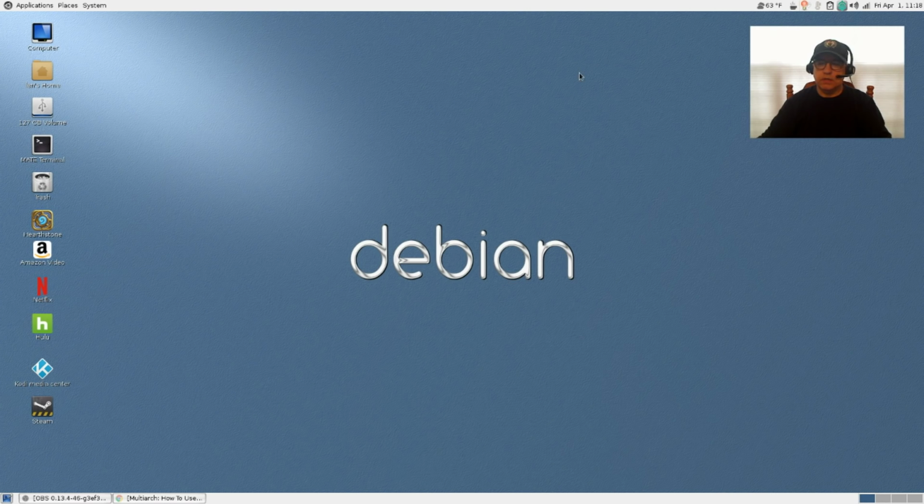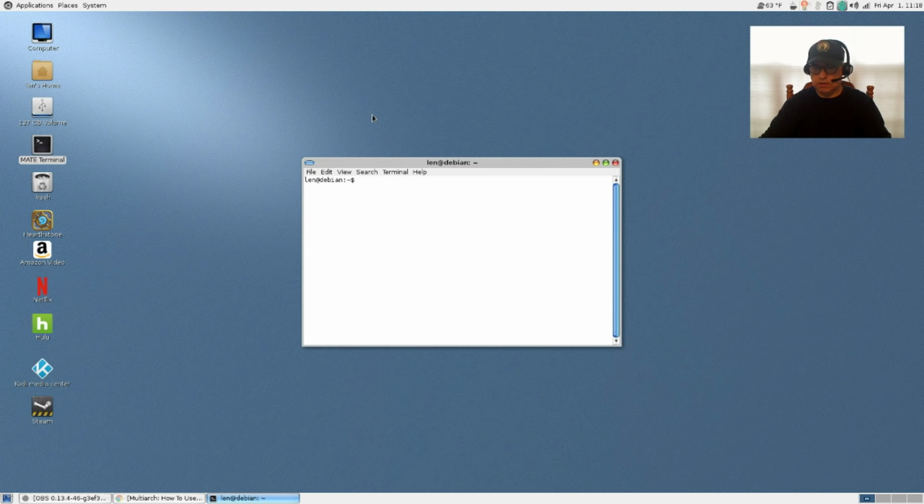The next thing that I did is I installed my Broadcom Wi-Fi. If you have a Broadcom Wi-Fi card, this is what you'll do to install it. Sudo apt-get install broadcom-sta-dkms. That will install your Broadcom driver.